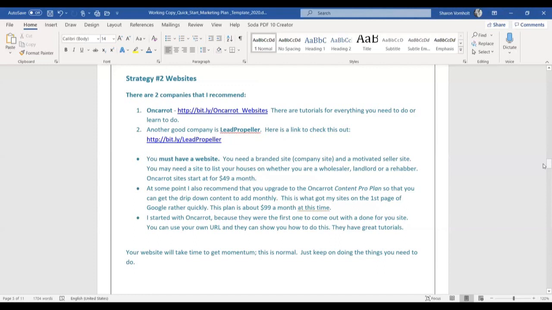I started with OnCarrot, and the reason is because Lead Propeller wasn't around when I got my website. It's just where I started out. I love OnCarrot. Lead Propeller is a great company too. They have subtle differences. You know, there's pluses and minuses for each of them. And I know I can only speak to OnCarrot because that's the one that I have, but they have great